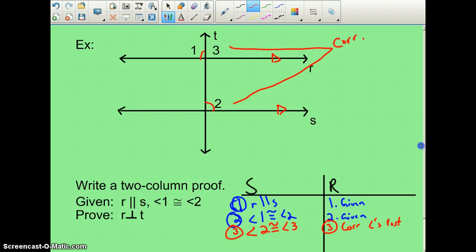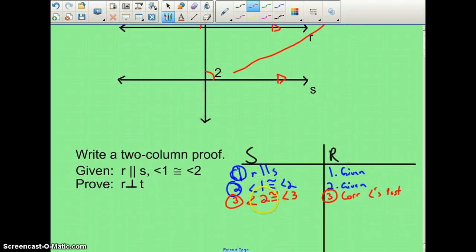So what's that going to give me that benefits me? Well, if I got 1 is congruent to 2 and 2 is congruent to 3, then I can say that angle 1 is congruent to angle 3 by either substitution or probably more the transitive property of equality, or of congruence actually. Alright. So then I need to wrap this up. I only need one more thing here, which is R is perpendicular with T, and that reason is going to be that if two intersecting lines form linear pairs of congruent angles, then they are perpendicular lines. So it's one of the theorems from the last page. So you can abbreviate